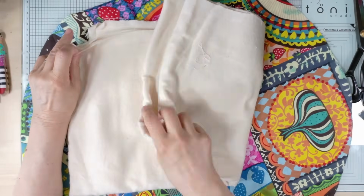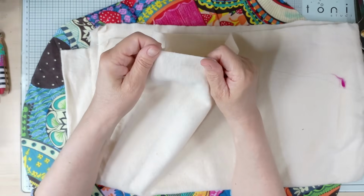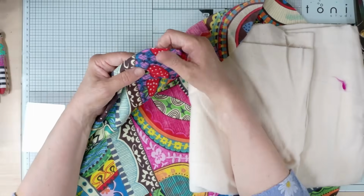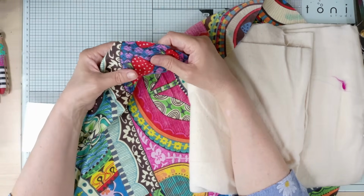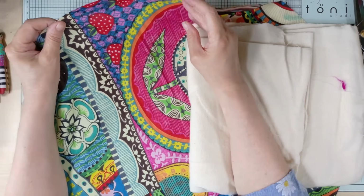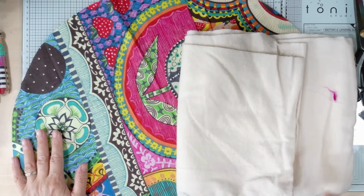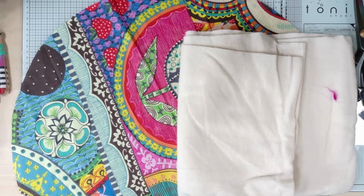So I'm going to use this fairly lightweight cotton batting. You could use something like old t-shirt material. I just like something behind it to give a little bit of texture and weight, a little bit of body to the fabric to stitch into. It just makes the stitching feel nicer while you're doing it, and I like the texture that it gives you when you're done as well. So I'm going to now stop recording a minute, get this cut out the same size, and then I'm ready